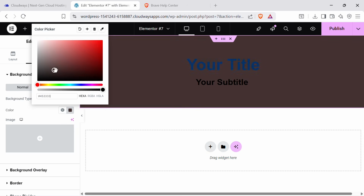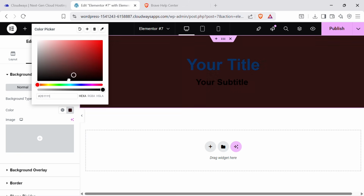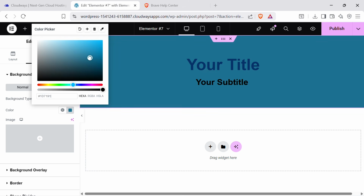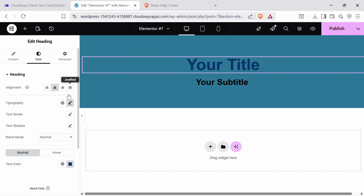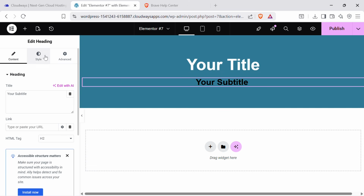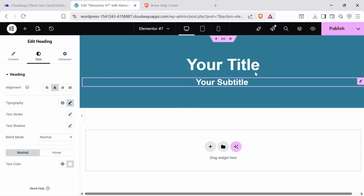And then I'm going to make this a certain color in the background. So we picked that blue before. So let's just go like this, darkish blue there. Obviously, we're not going to keep that. Now we'll change that back to white, and we might change that to white as well. I'm just giving you guys an example. So you start to have a nicer looking